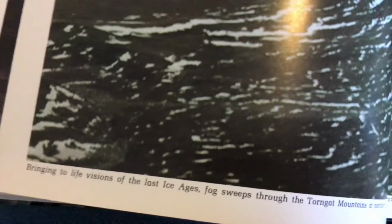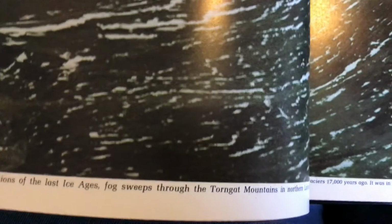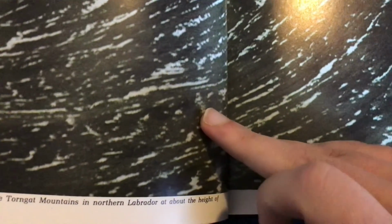Bringing to life visions of the last ice ages, fog sweeps through the Torngat Mountains in northern Labrador at about the height